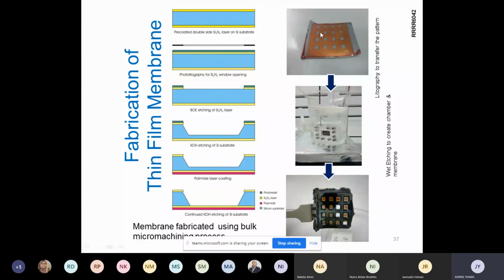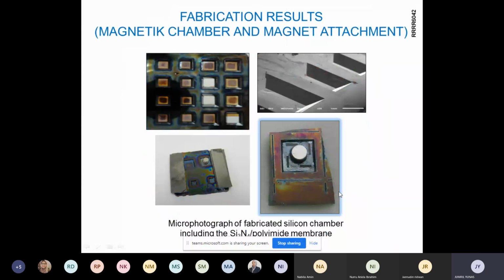We have this initial pattern, and then we etch using anisotropic etching. This is the result. We can see here some damaged areas. These white areas mean there is no membrane anymore. This is the result of our etching. This is the SEM image. We can see the trench here and the layer